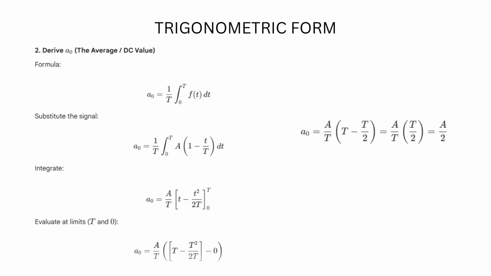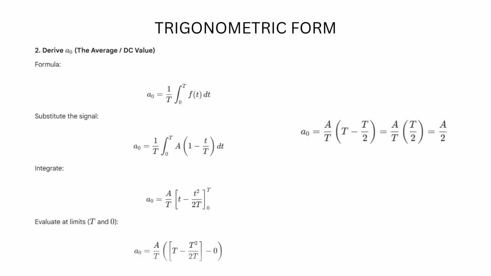After integration, we obtain A0 is equal to A over T times the quantity t minus t squared over 2 big T, evaluated from 0 to big T. Evaluating at the limits when t equals big T and t equals 0, the expression simplifies to A0 equals A over big T times the quantity big T minus big T over 2, which finally results in A0